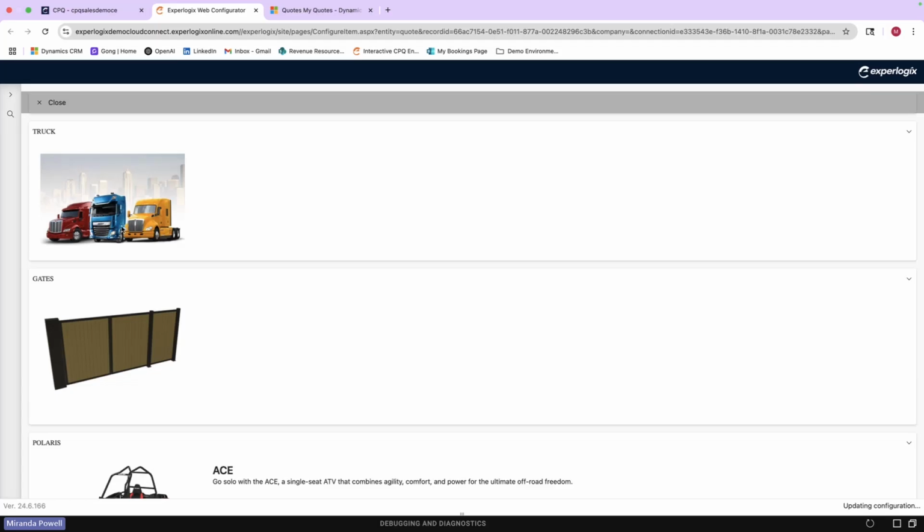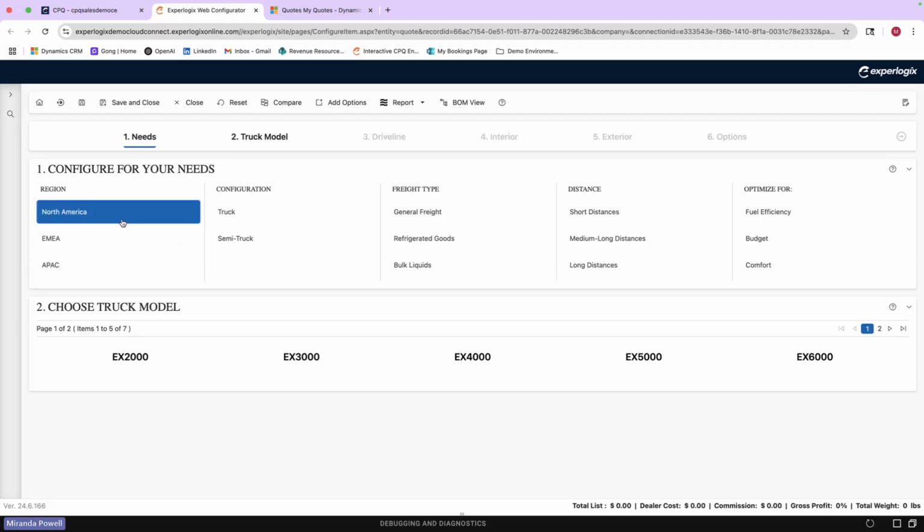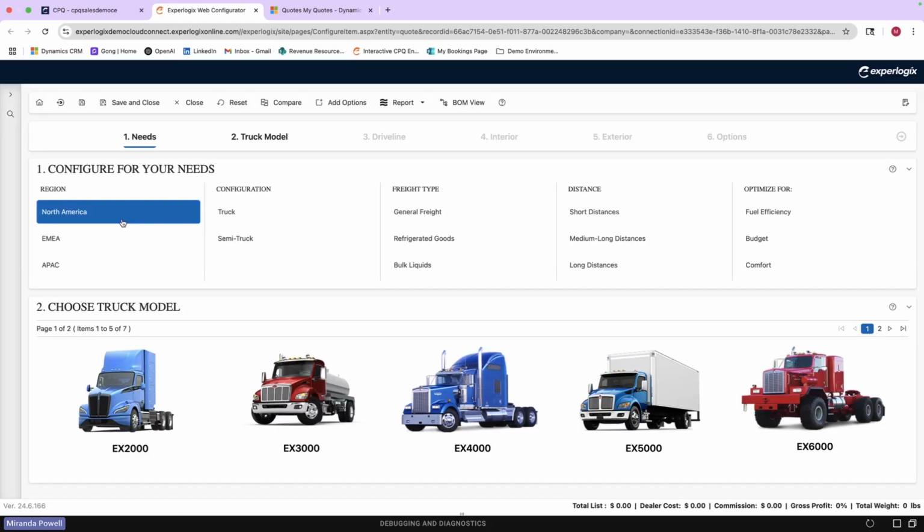I'm going to hop into a couple of different examples when we get into the 3D visualization capabilities as well. I know a lot of you guys have probably seen the truck demo, so I'm not going to spend too much time in terms of updating the driveline or some of the other specs and whatnot. We'll keep this pretty simple just so that you can see more of the functionality of how this writes back